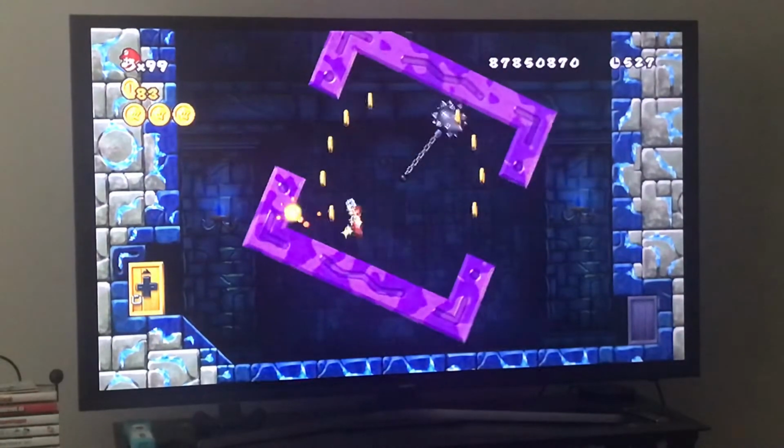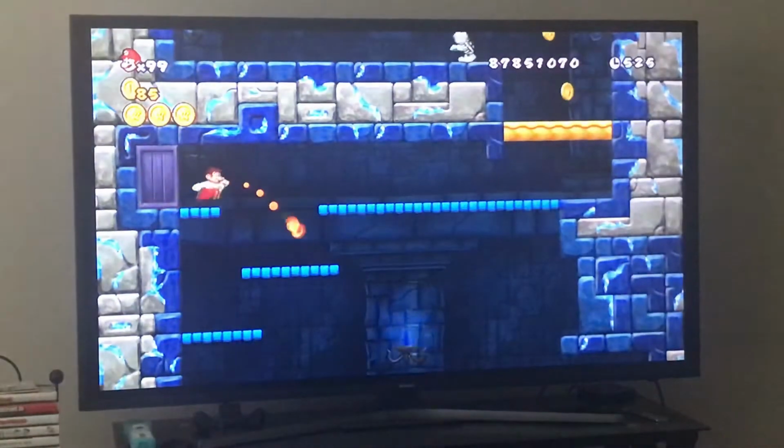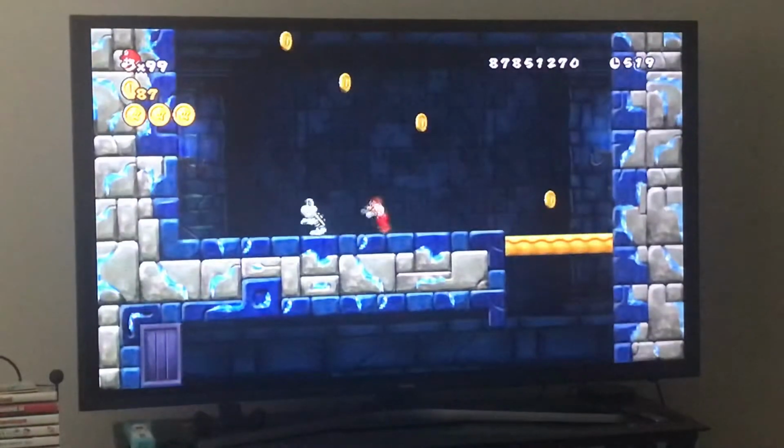And then just get your star coin. Very simple. That's all you have to do. That's your first star coin of the level. Pretty easy to get, right? Now we're going to be riding this platform up, and then we're...